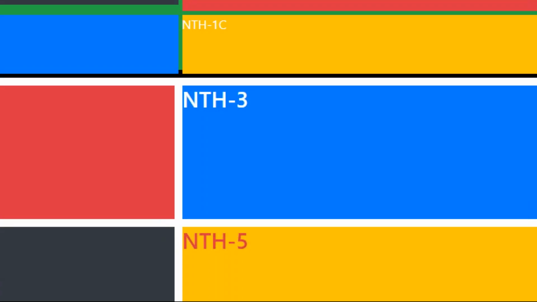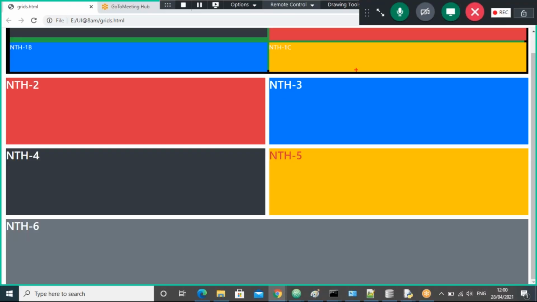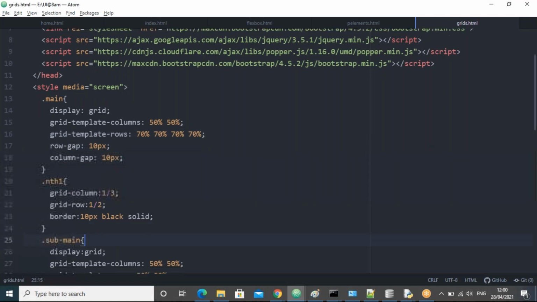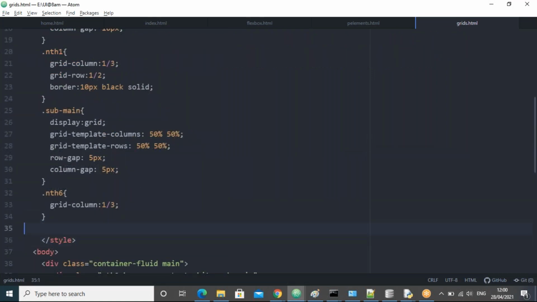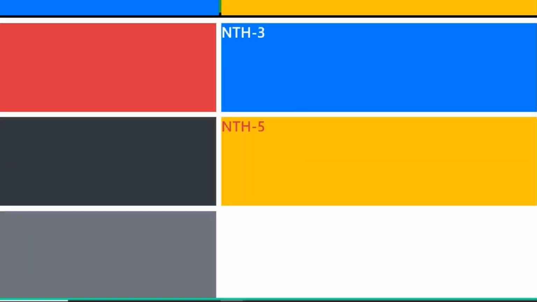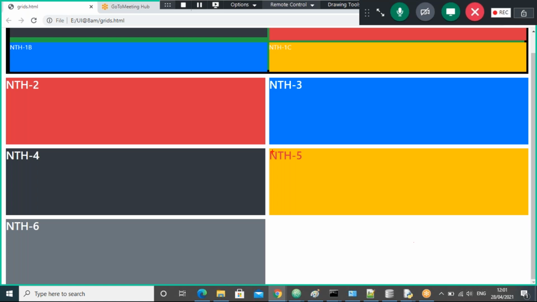Suppose, guys, till now we moved only the column. Only 1, 2, 3 we have taken. Now suppose I don't want this one. I want to adjust this 5 like this, guys. That means I'm going for nth 1, nth 6. I don't take nth 6, remove this one. Now nth 5, I want to take it up to here. Only 5 I want to extend downward now.